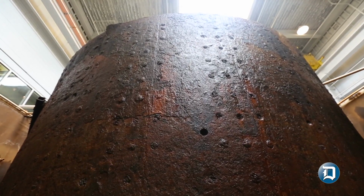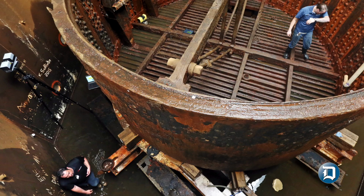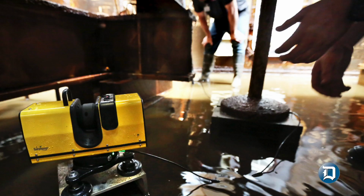So that cannonball dent is potentially from the USS Virginia, but it could also maybe be from other battles that the ship was in, or from the Battle of Hampton Roads. There are a couple of accounts of the USS Minnesota accidentally hitting the Monitor instead of firing over it at the Virginia. Based on that cannonball dent and the other ones on the exterior, we're going to be able to